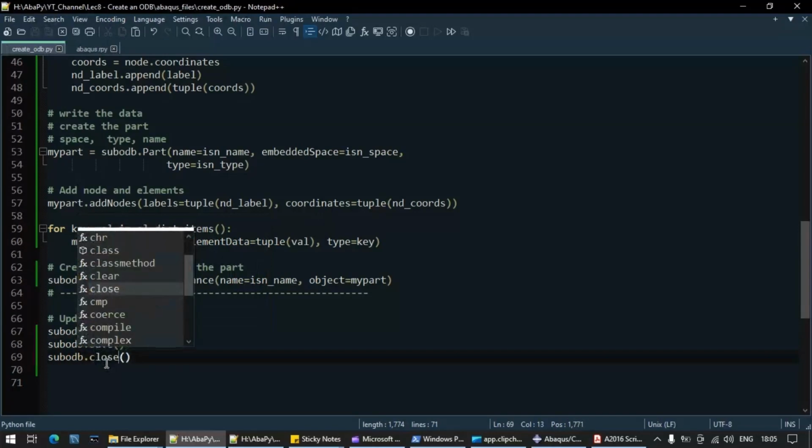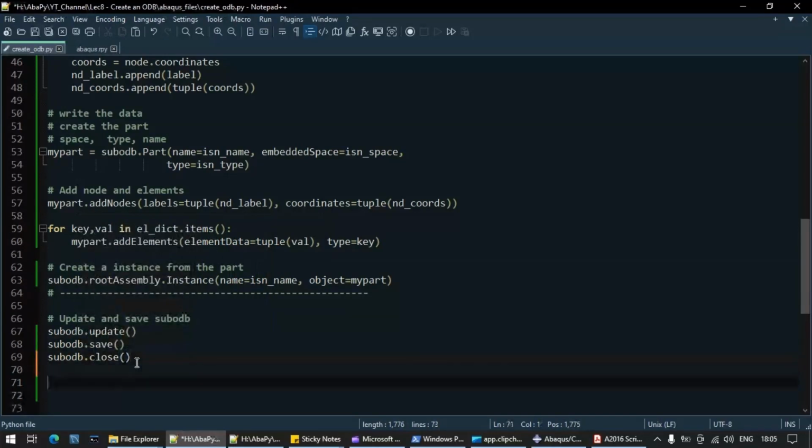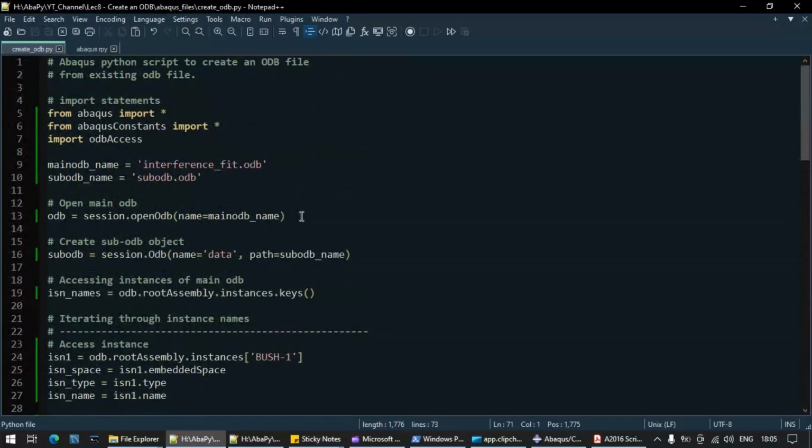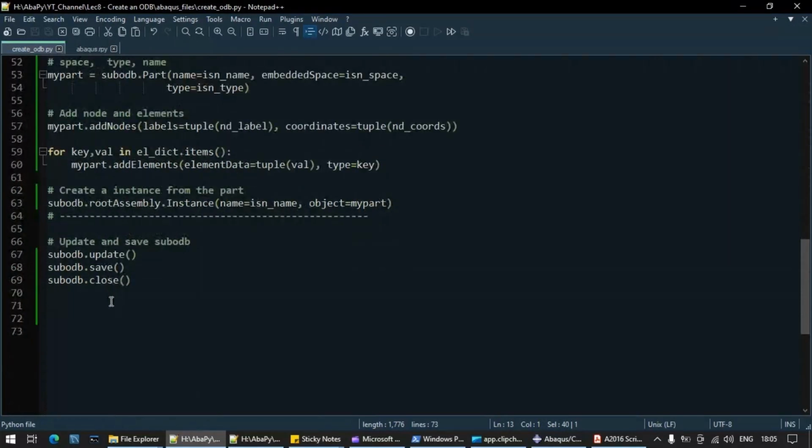In order to see all the results, now we need to close the ODB and open it again. Okay, so we can use the similar way we have opened the main ODB, so same method we can use to open the sub ODB as well.